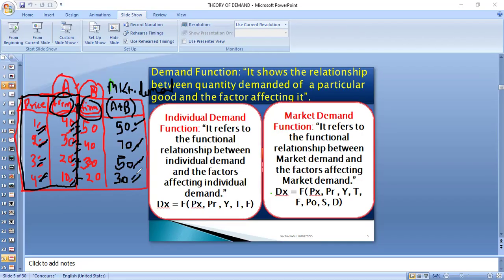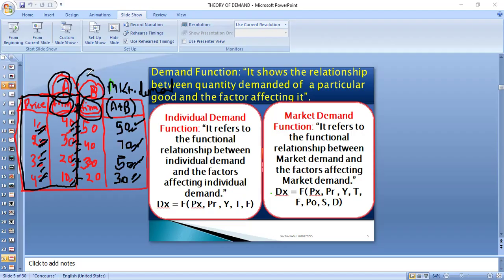एंड ऐसे ही इफ यू आर रिप्रेजेंटिंग द मार्केट डिमांड, है ना, मार्केट क्वांटिटी डिमांडेड एट वेरियस लेवल ऑफ प्राइसेस डन बाय द एंटायर मार्केट और डन बाय ऑल द फर्म सिचुएटेड इन द मार्केट। जितनी भी फर्म्स है, मान लीजिए 3 4 5 फर्म्स है, तो 5 फर्म्स की डिमांड का टोटल जब आप एक टेबल के थ्रू दिखाते हैं, कि मार्केट में अलग अलग क्वांटिटी डिमांड हो रही है अलग अलग प्राइसेस पे, डन बाय ऑल द फर्म्स, मतलब जितनी भी फर्म्स है सबके थ्रू किया गया डिमांड का टोटल